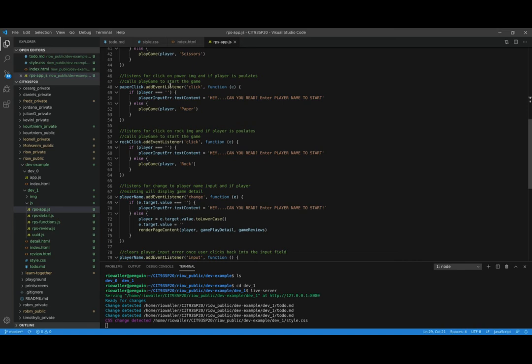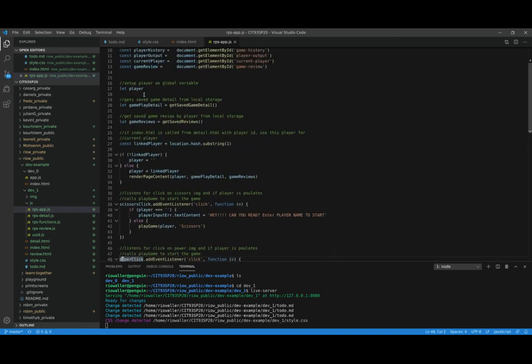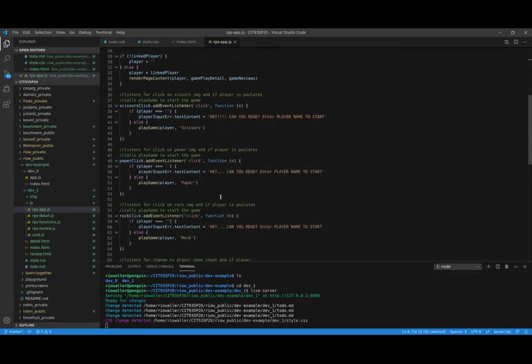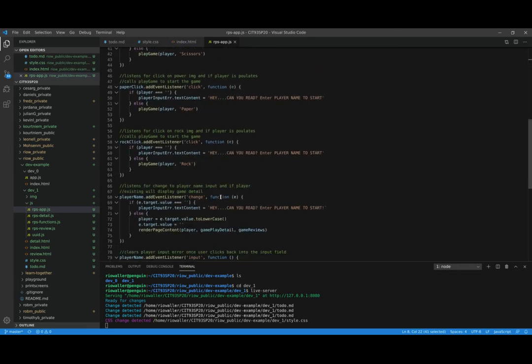I'm noticing that on my event listener for the click on my images, which points to that image on the DOM or from the index, I'm realizing that this code for all three of them